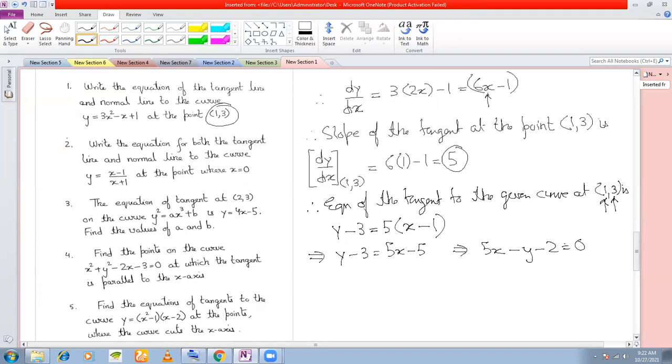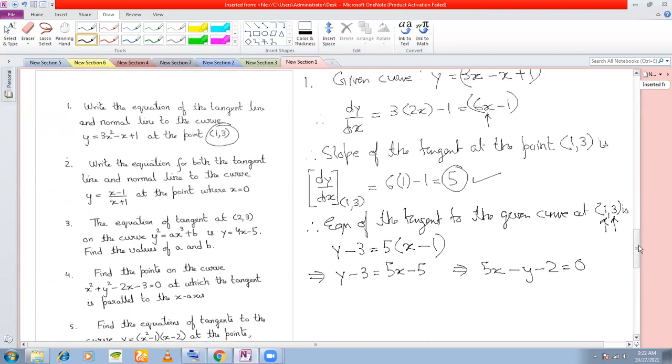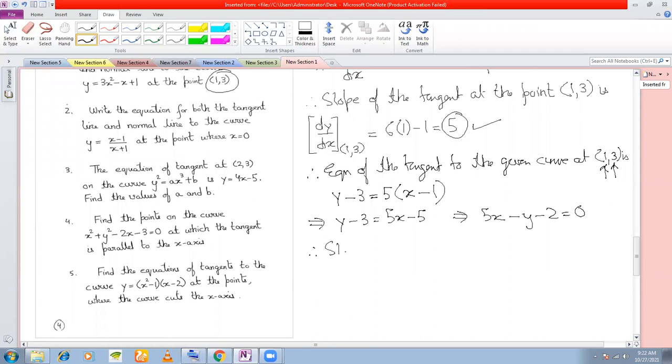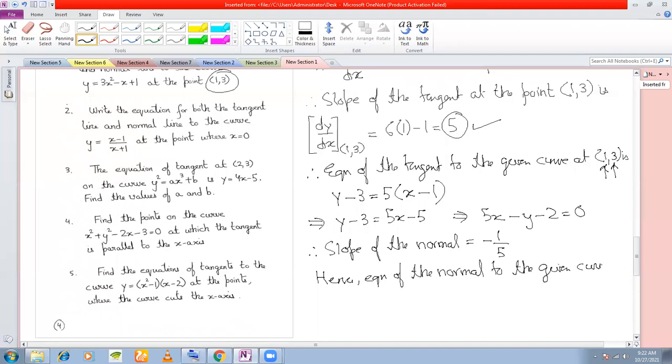Now, once we have determined the equation of the tangent, we can find the equation of the normal also. How? We know the slope of the tangent is 5. So what should be the slope of the normal? Minus 1 by 5. This is the slope of the normal. Hence, the equation of the normal to the given curve at (1, 3)